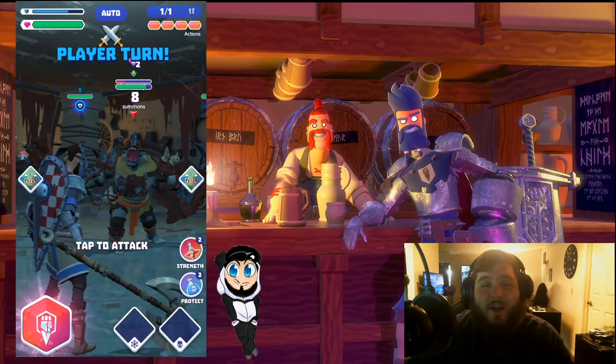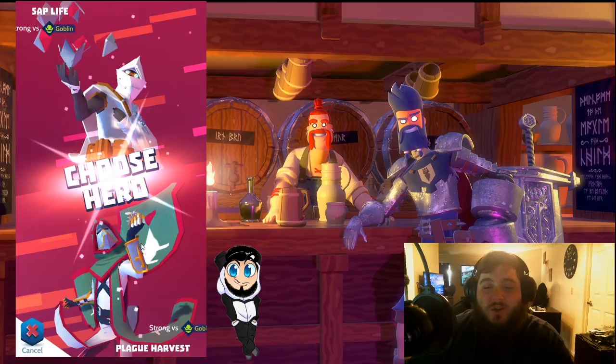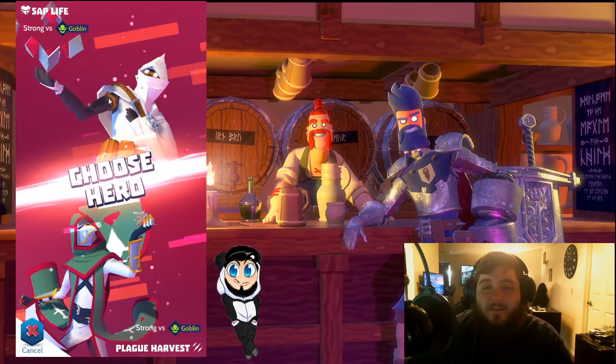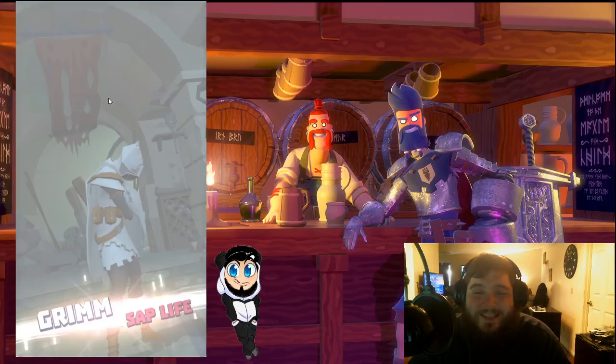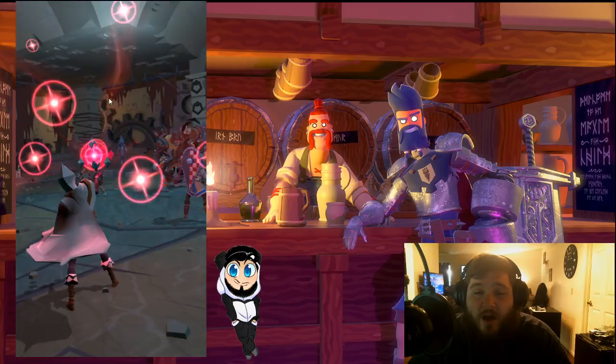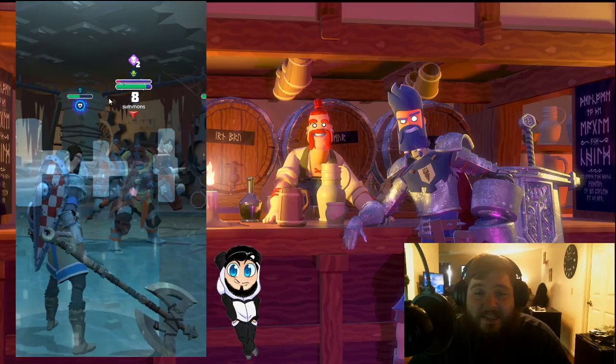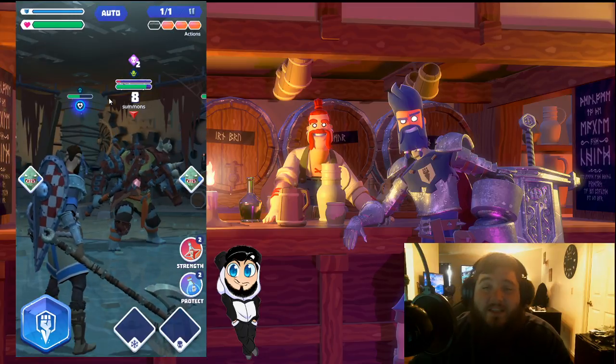Go, our first Rage Power turn. So as you can see, we're going to click the Rage Power, and we're going to use the Sap Life from Grim. It's going to do a decent amount of damage, and it will heal us for that same amount of damage. So boom, we've got some damage, heals us for 1776,